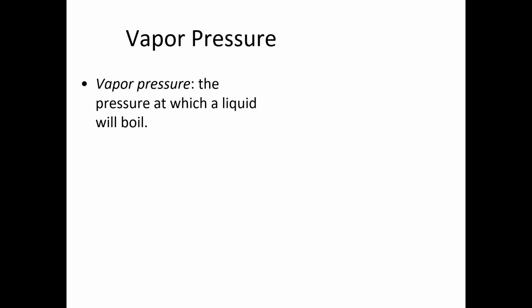So let's define some terms. Vapor pressure of a liquid is the pressure at which that liquid will boil. And of course, it's dependent on temperature as well. The vapor pressure increases when the liquid's temperature goes up. The more heat we add to a liquid, that energy goes into the molecules, and they're moving around with kinetic energy. And so there's more vapor pressure, more of a pressure for the liquid to escape from the liquid phase